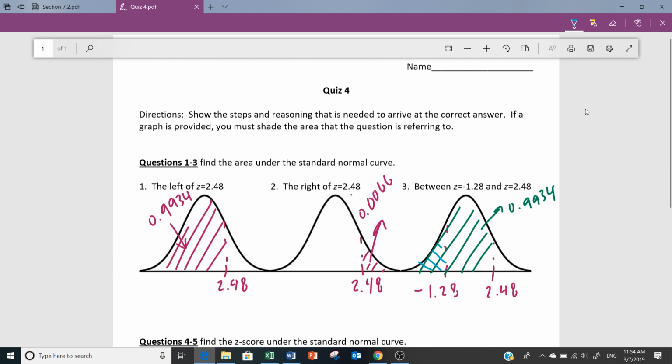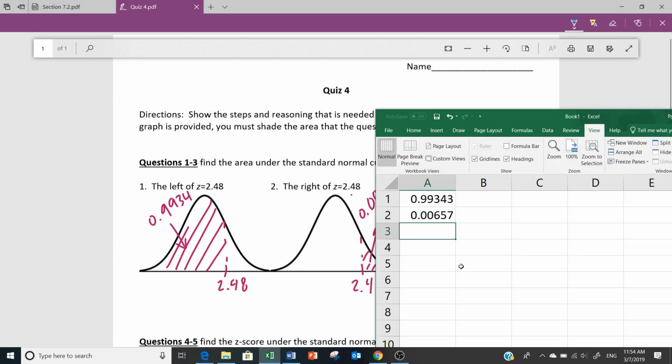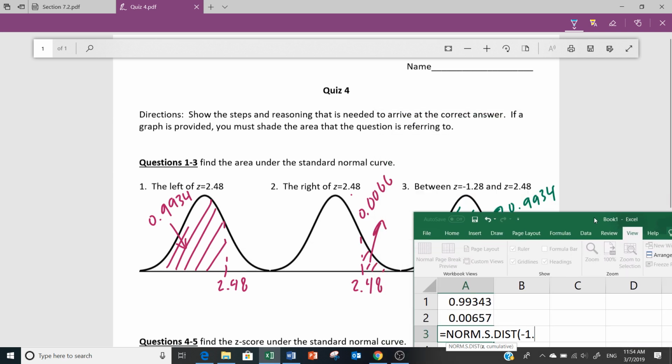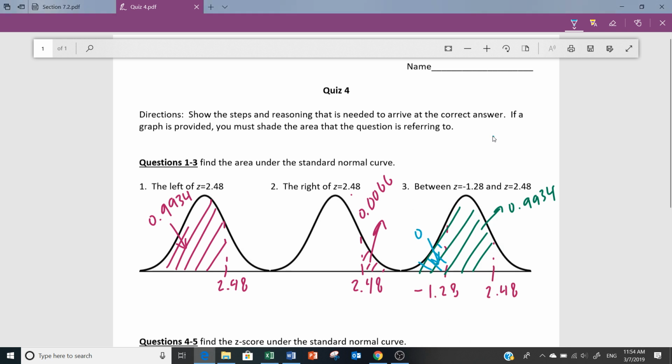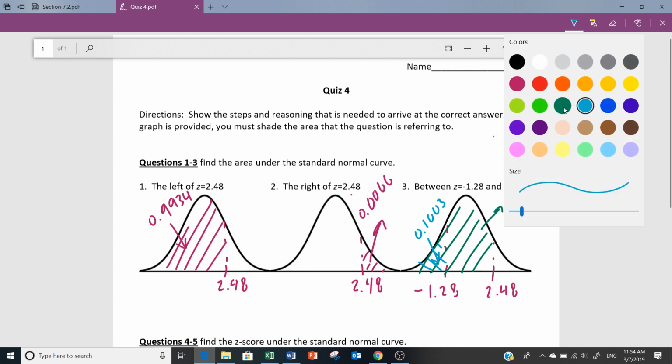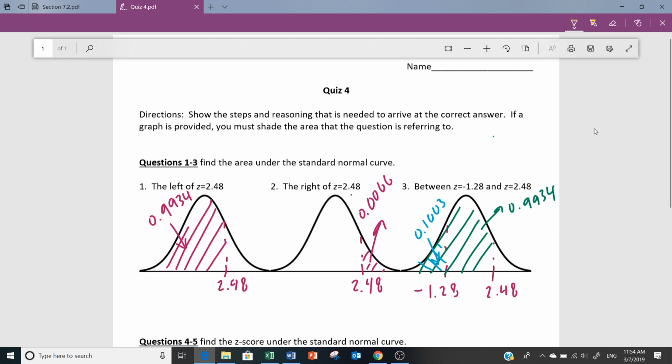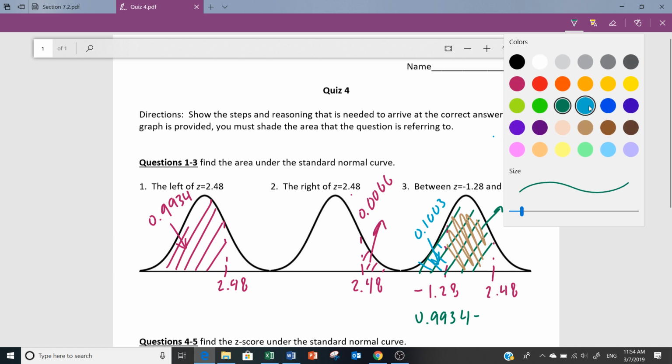So let's go ahead and type that in. I'm going to do equals NORM.S.DIST of negative 1.28 comma TRUE. That's going to give me 0.1003. So this area here is 0.1003. And then to be left with the area in the middle, I'm going to subtract them because I want this area over here, and that's going to be 0.9934 minus the small area,